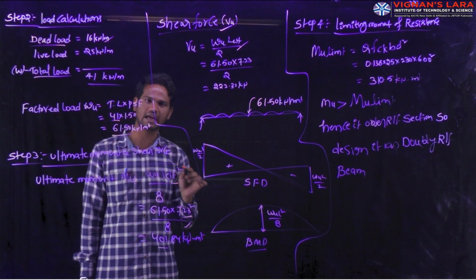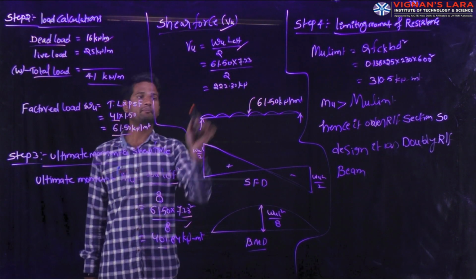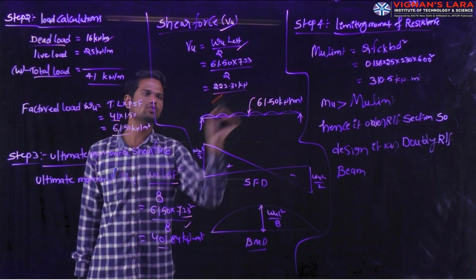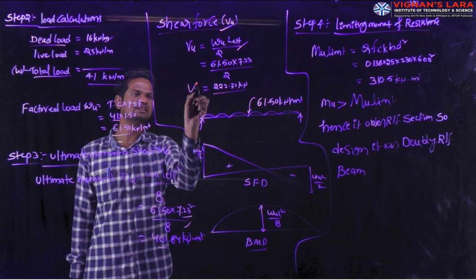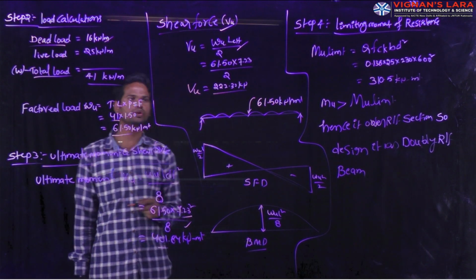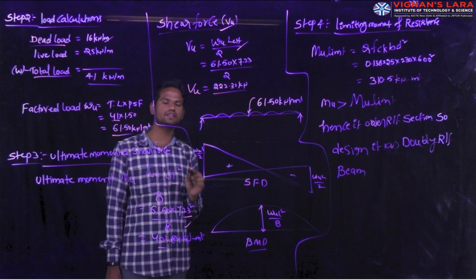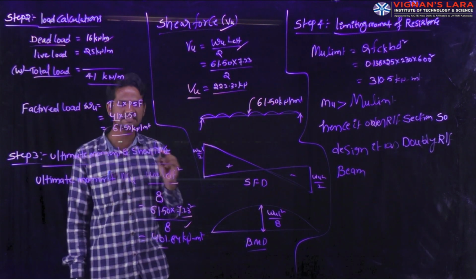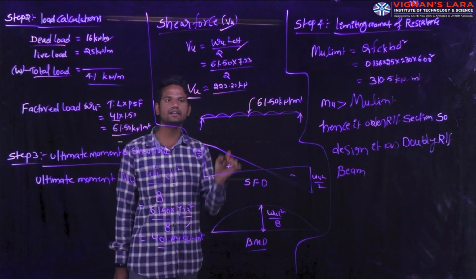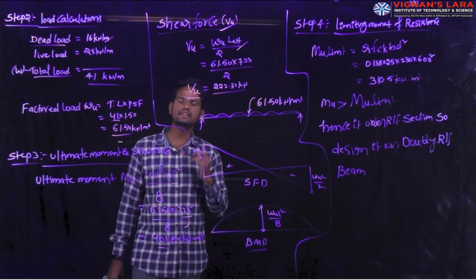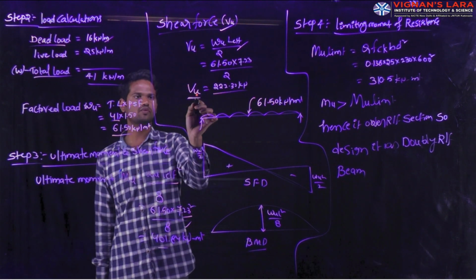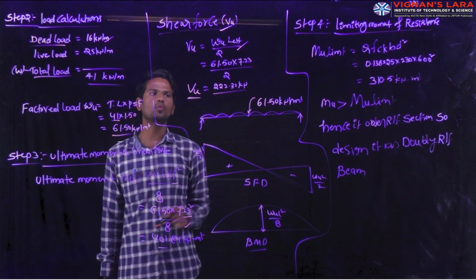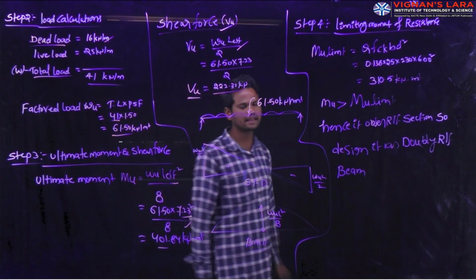They are calculated for this design by 2. If you substitute all these values, I am getting the shear force acting on the beam, Vu equals 322.32 kilonewton. Always remember, the shear force we have to mention in terms of kilonewton or in newtons. Shear force Vu equals 322.32 kilonewton acting in the beam.